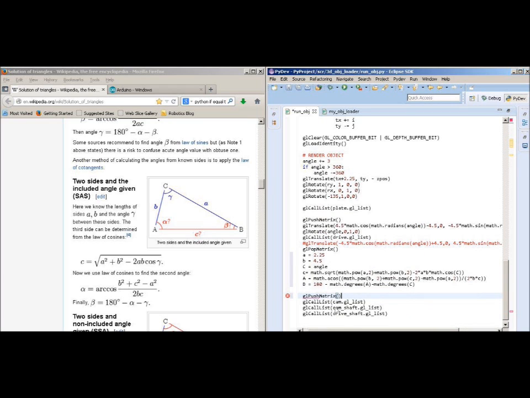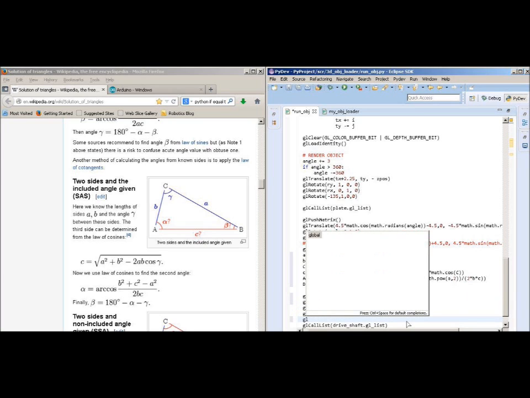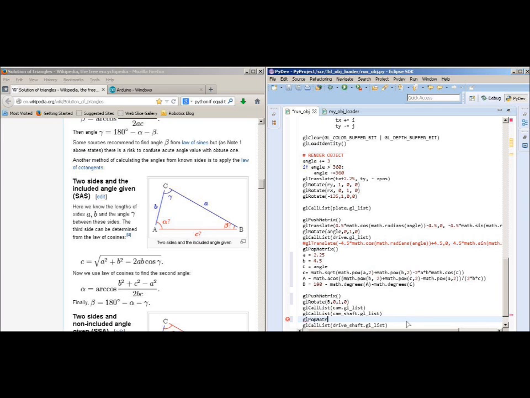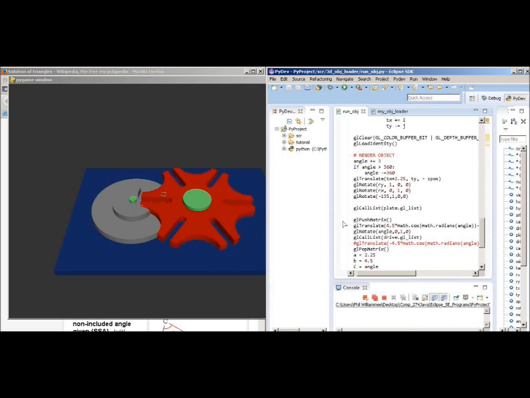Now we just need to translate the cam sprocket, or rotate. We don't have to translate this one because it's already centered at the origin. And when I did the other one, it would have just been nicer if I would have made another sketch, put it on the origin, and then we wouldn't have had to play around with the math.cos. But you get a better visual, and it's more like an assembly. But if the two things aren't connected, like they're not linked somehow by a physical link,